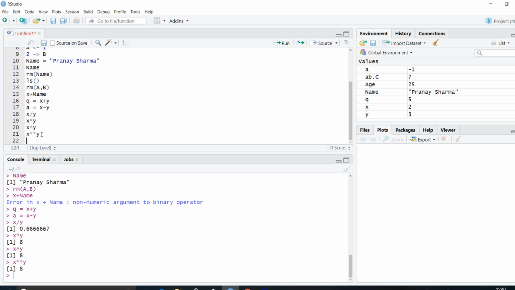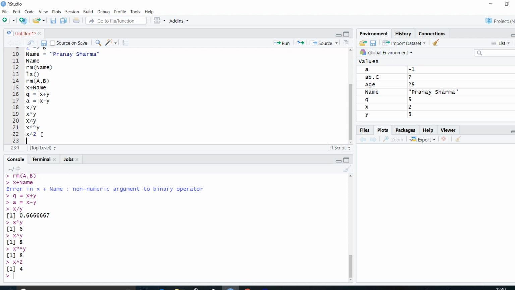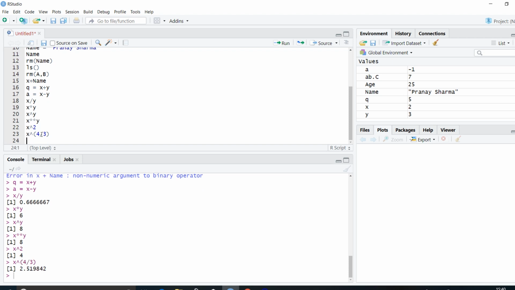Similarly, we can use numbers for power as well. I can say x raised to 2, x square should give me 4. If I want x raised to some fraction value, let's say first I'll do 4 by 3. x raised to 4 by 3, we'll get this value 2.519824.